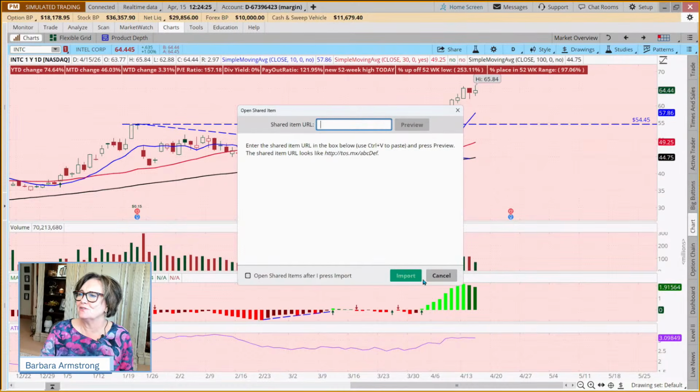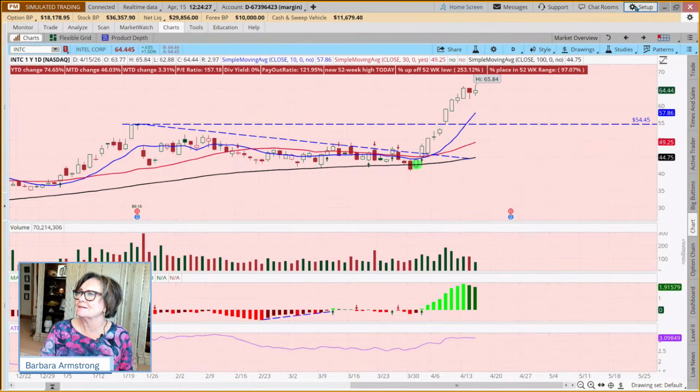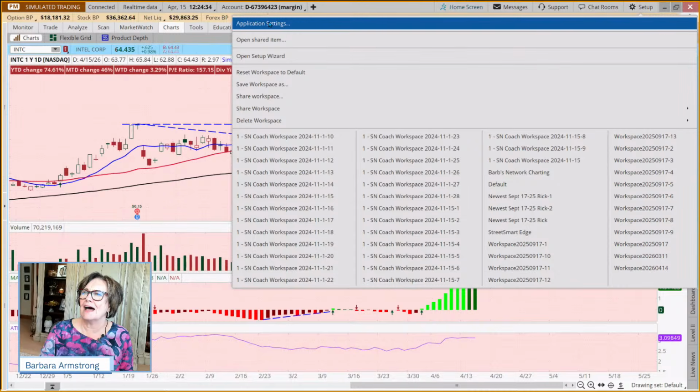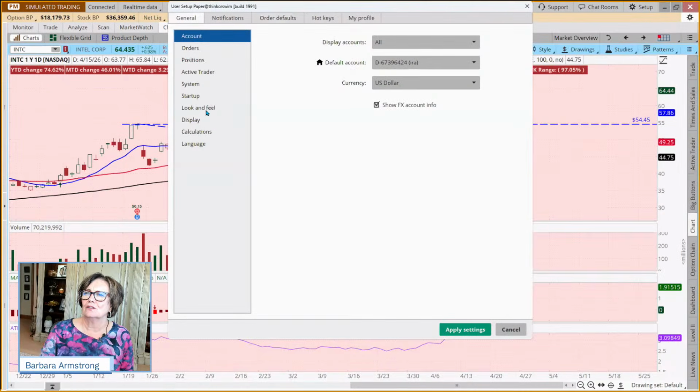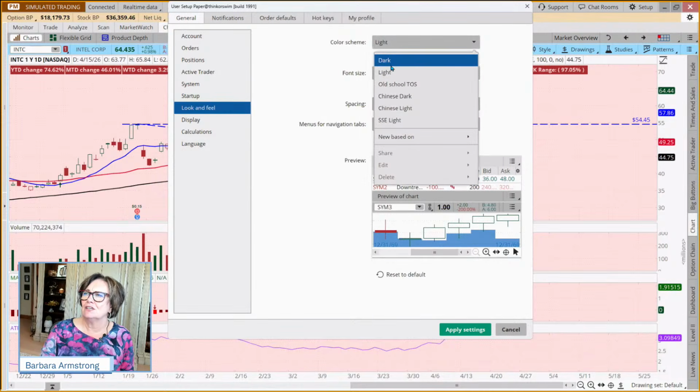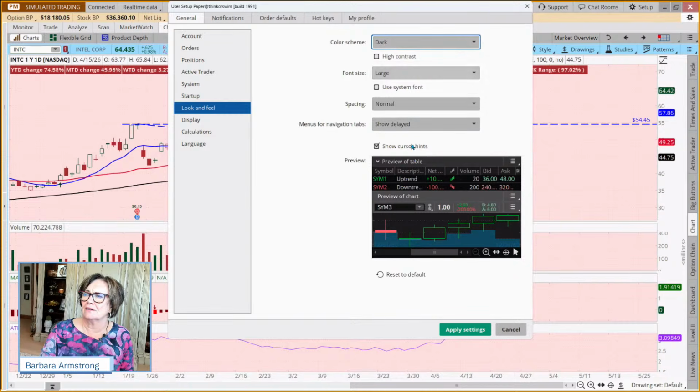Sorry, I'm so used to importing things. If you come to setup and then look and feel, application settings, look and feel, if you have one light, you might want to make the other one dark.